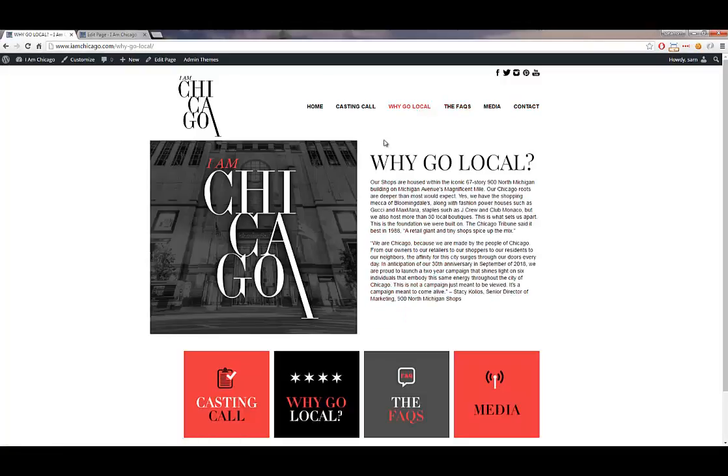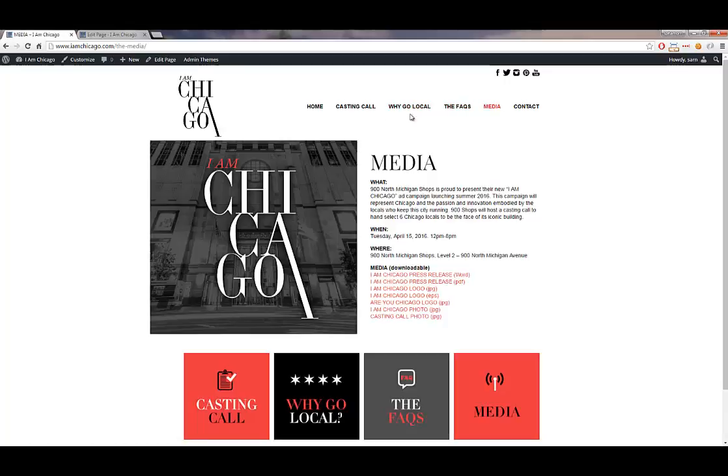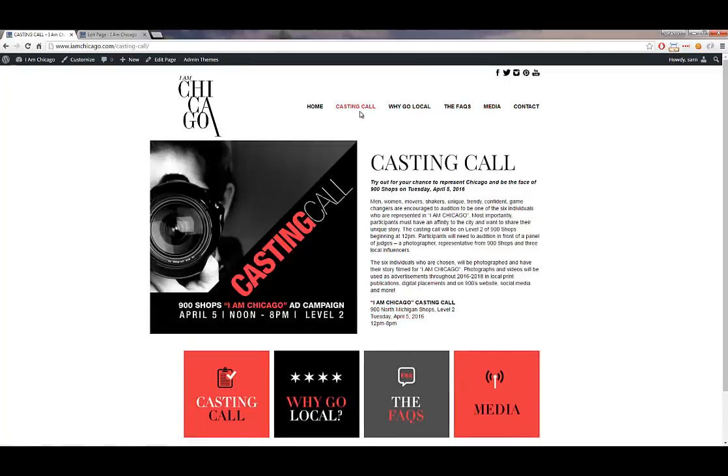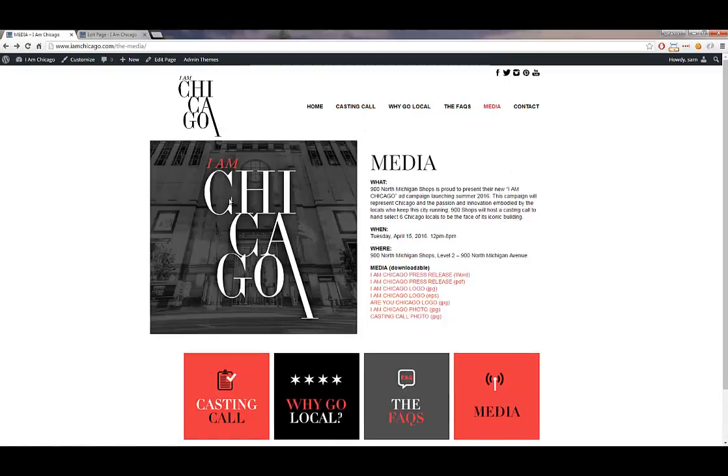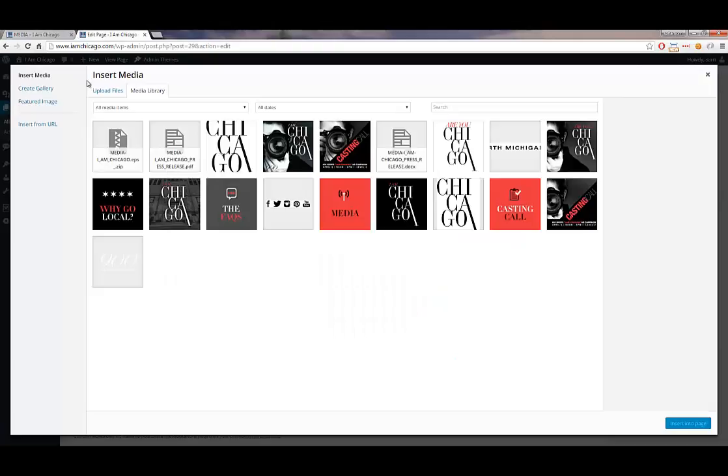So maybe that's a bad example, but for example, let's say you wanted to change this image, which I see it's being used on YGO Local, Media, maybe in those two pages. So if you wanted to change this image, but you don't want to re-upload it, or change the image on every single place that's being used on the website, I suggest what you do is